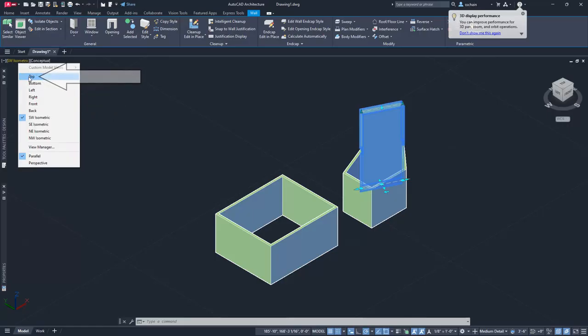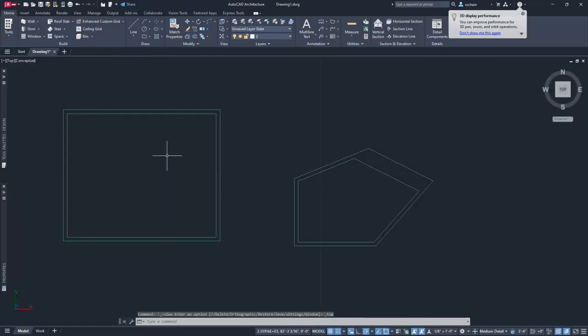Placing walls in AutoCAD Architecture is a simple process, yet you can still harness robust customization options